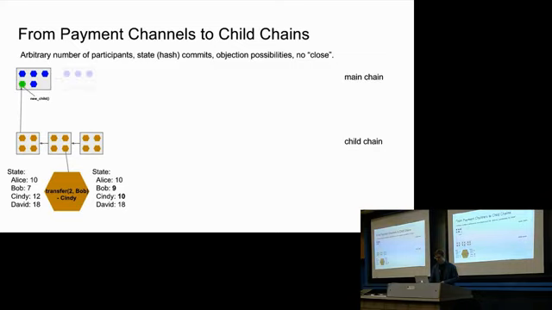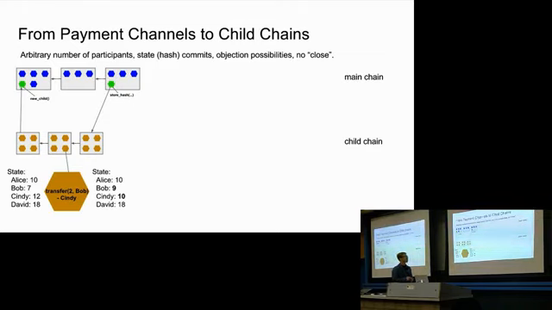And so now the interesting part is that we also have these special transactions on the main chain, which call a function called store hash. These functions are called by the people responsible for managing the child chain, and what it does is it just stores the hash of the recent block in the main chain. It does not store the full state, just the hash of the block, which also includes the hash of the state, but it's very little information. And since